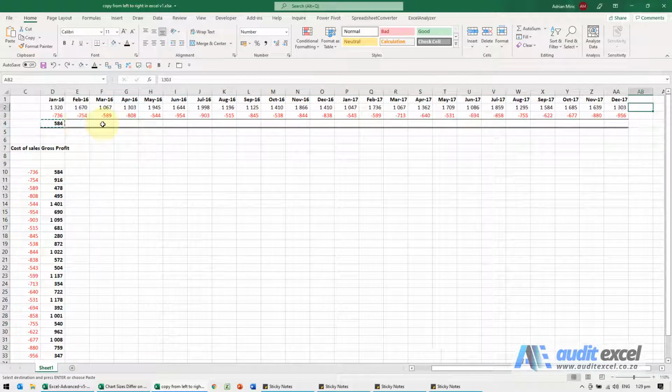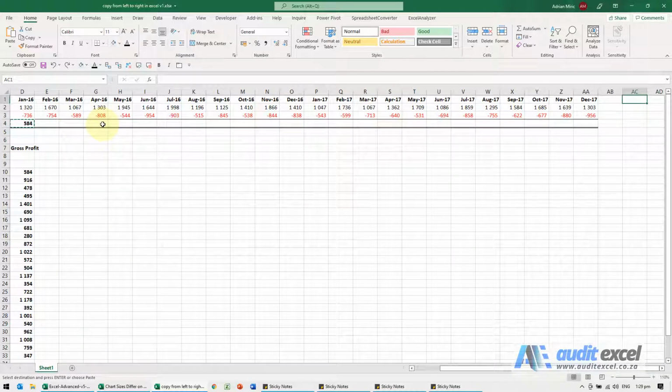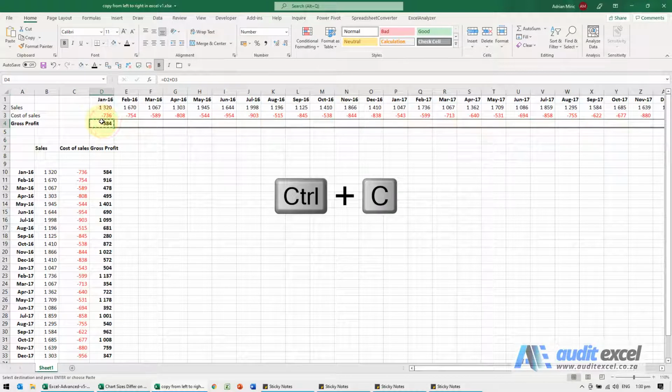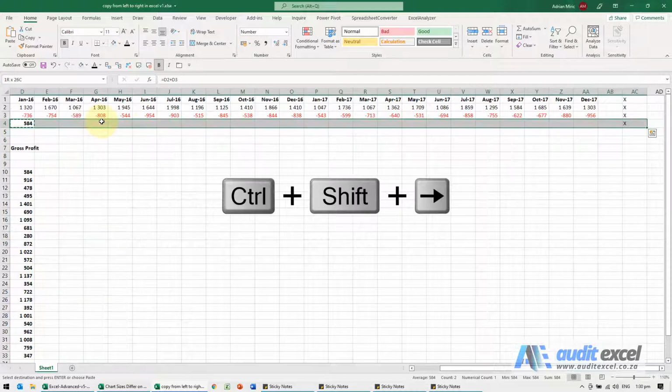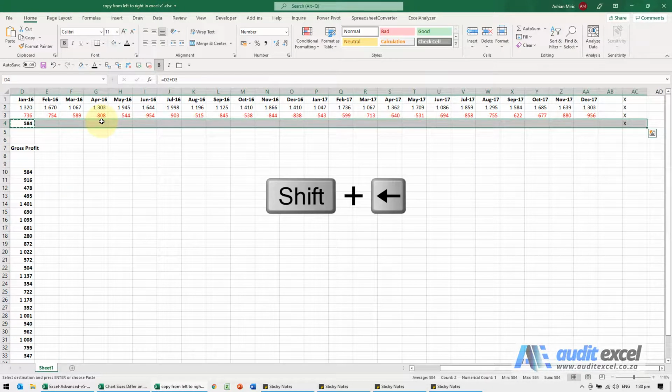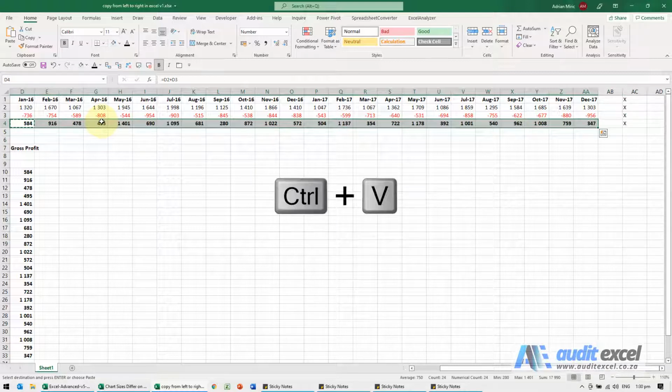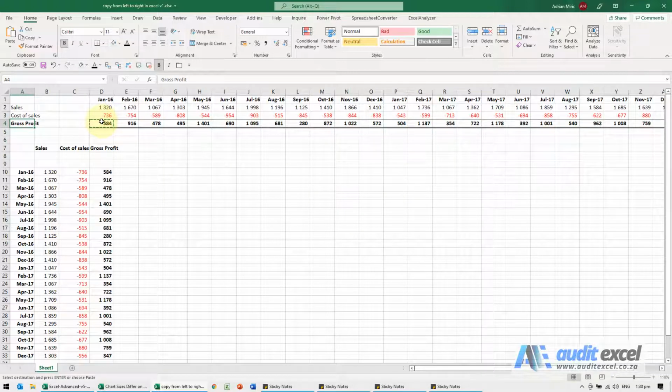The other way to do it is to set up a border. So you'll see here I'm going to just put in some X's for the border. I've purposely left a column there. So what I can do now is go copy this, go control shift right, and then holding my shift key down, go left, and you'll see we're now in the correct area, and I can go control V and paste it.